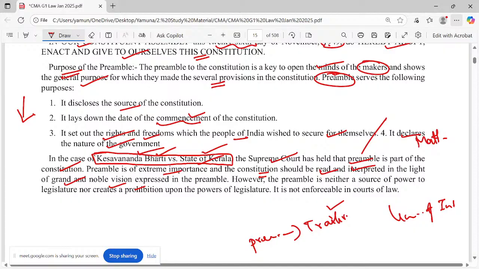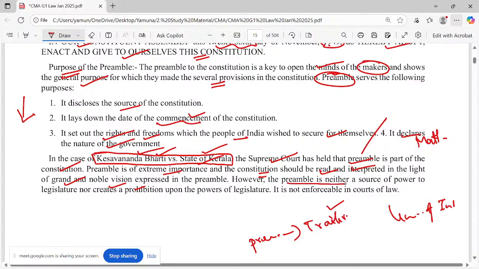Likewise, when we talk about any act, not only the constitution, it will clearly give the preamble saying what type of topic that is, what type of act that is. So you're going to say the act is prevailing or the preamble is prevailing. ட்ரெய்லரை பார்த்து மூவியை டிசைட் பண்ணுவீங்க. ஆனா மூவில வேற இருந்துச்சுன்னா ட்ரெய்லர் வேஸ்ட் தானே சொல்லுவீங்க. மூவி தானே பெட்டர்னு சொல்லுவீங்க. சோ ட்ரெய்லர் வந்து ஜஸ்ட் ஒரு ஐடியாவாக கொடுத்தது. சோ பிரியாம்பிள் வச்சு நீங்க டிசைட் பண்ணக்கூடாது. Preamble வந்து consistent இல்லைன்னா don't go for the preamble.